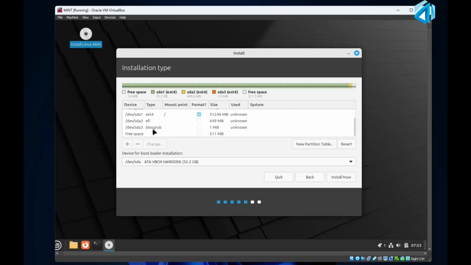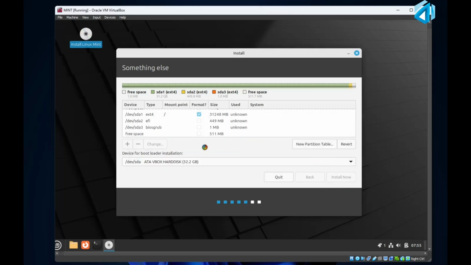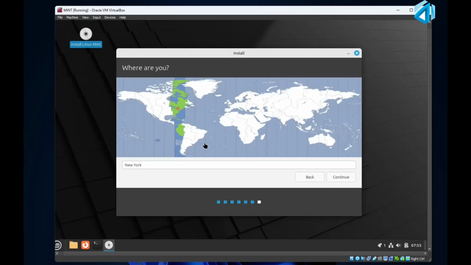Okay, here we got our BIOS grub. That's cool. Now we'll click on install. Okay, it's showing us the partition. Now we will be able to install everything. Now I will click on continue, and here it will ask where you are. It just randomly popped up. I will continue with that,